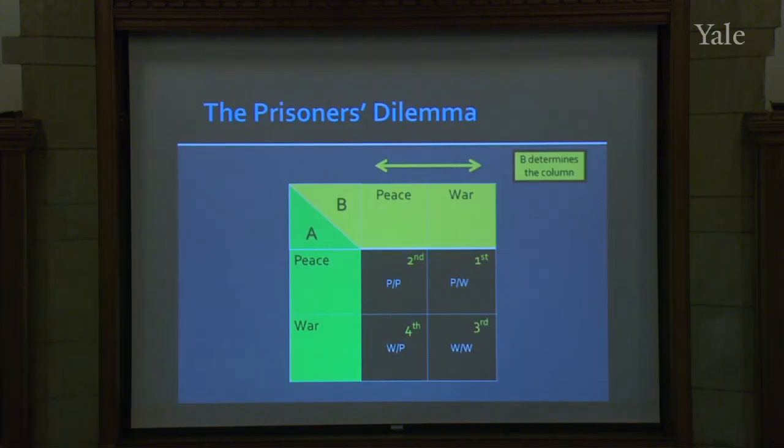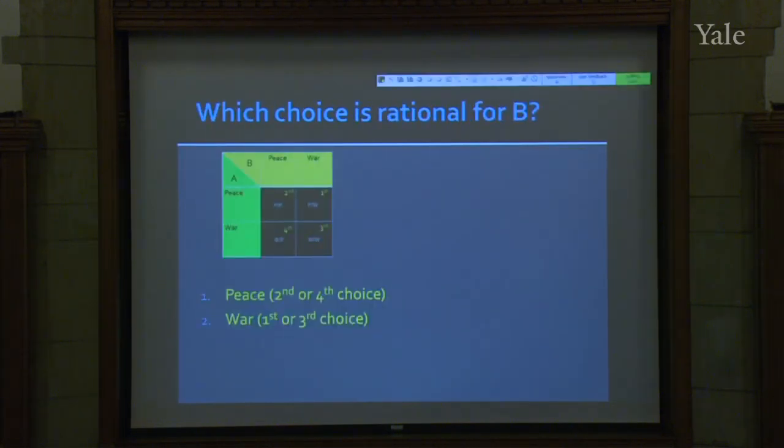So just to check again, and let's see if I can get rid of that residual 4%. Let's try again. What is the rational choice for B to make in this situation? If you do a good job on this, we'll go to the real money ones. What is the rational choice for B to make in this situation, given that peace will give him his second or fourth choice, and war will give him his first or third. So let's see how the numbers come out this time for us. 3, 2, 1 second, and